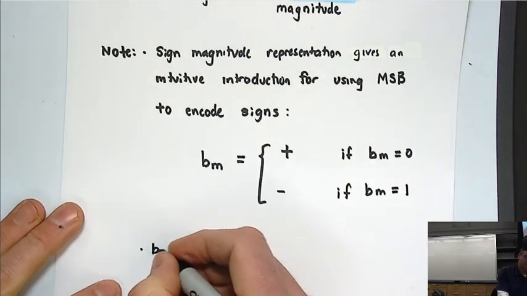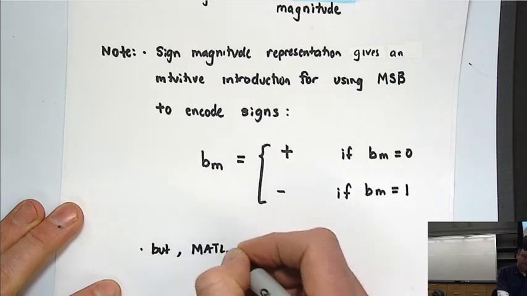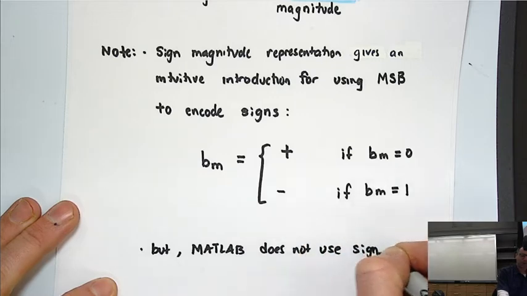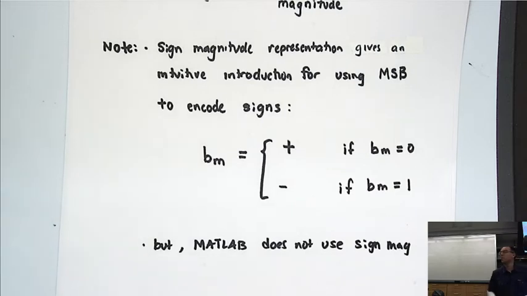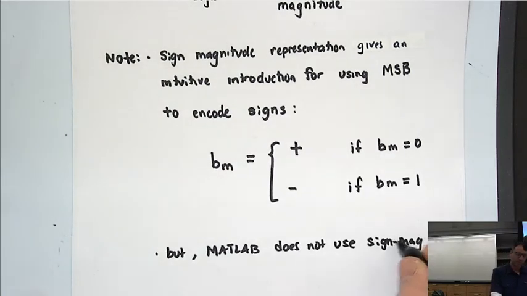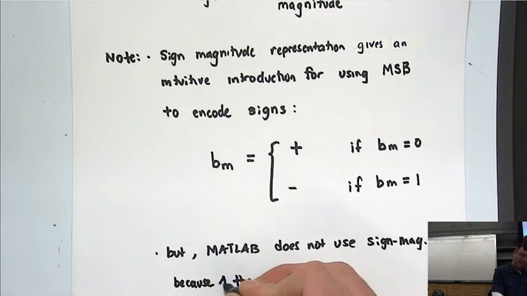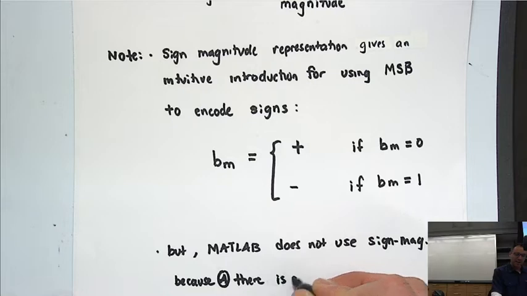But Matlab does not use sign magnitude. Do you remember the reasons that we gave that it doesn't use sign magnitude? There were two of them that I'm going to focus our mind on. Yeah, go ahead, Taylor. Yeah, because A, there is a poorly defined 0. And then B,